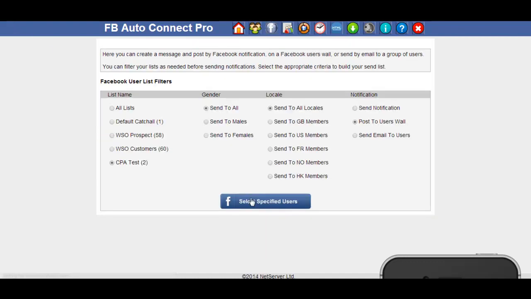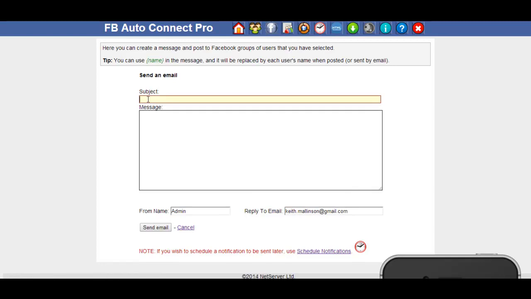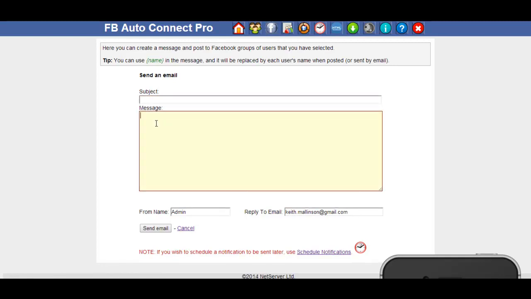If you want to send a message directly to their email account, then again you just choose send email to users. Click on the select specific users button at the bottom here. We can use a subject like any email. The message you want to send, you need to add any URLs into the message field that you want people to click on. You can choose the from name. So for example, if you add a weight loss niche, you might put weight loss secrets as the from name. You can choose any email address as the reply to email address, and then click on send email, and that